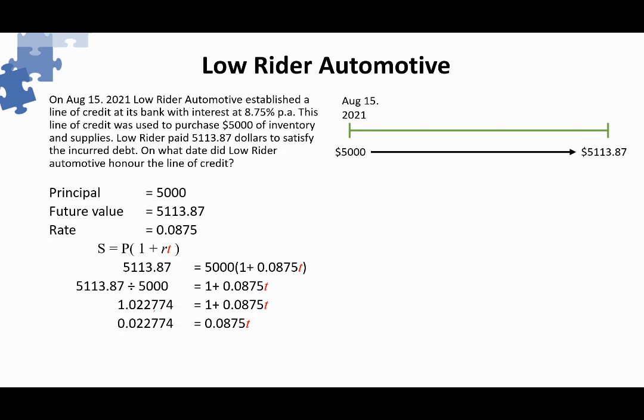And then you have that number is equal to that number times t. So again, you're going to take this and port it over to the other side. And that is going to leave t on the right-hand side all by its little self. And you have the 0.22, blah, blah, blah, divided by 0.08, blah, blah, blah. And that calculation works out to be t, which is